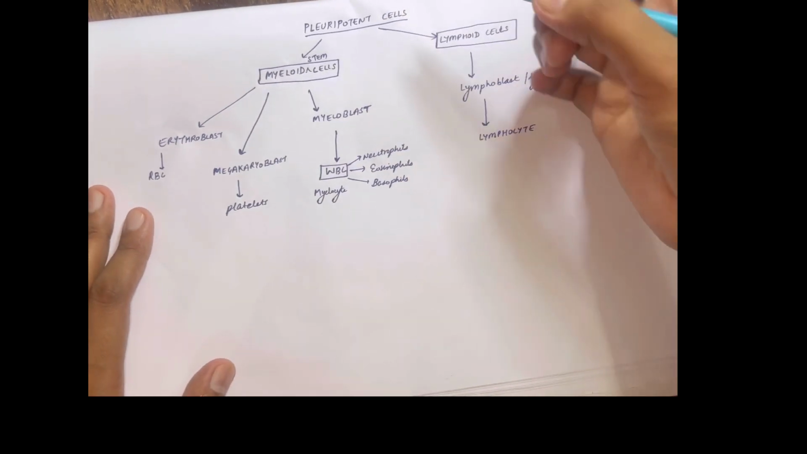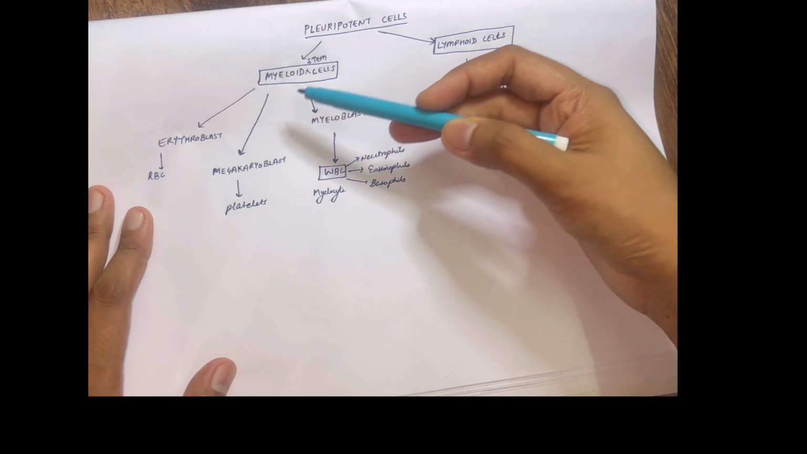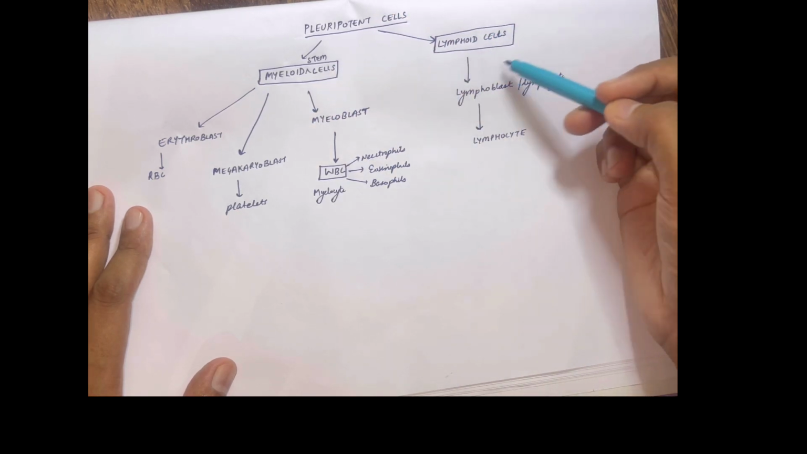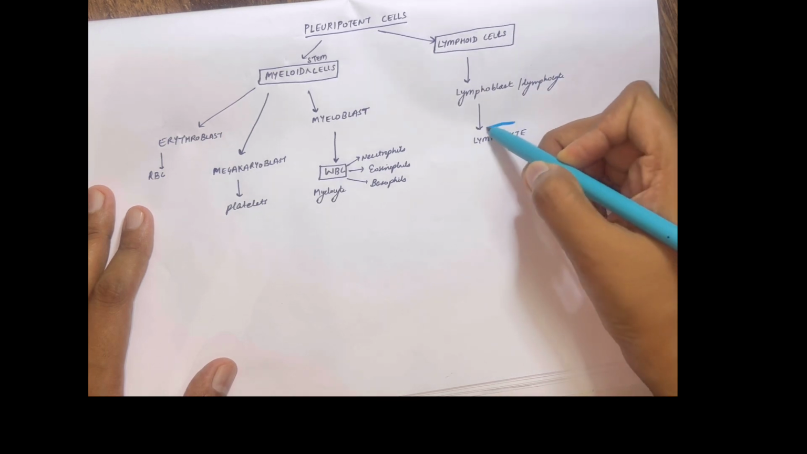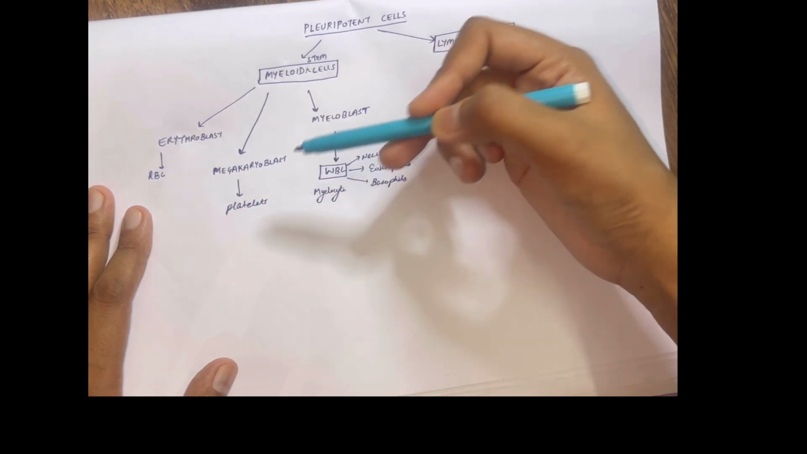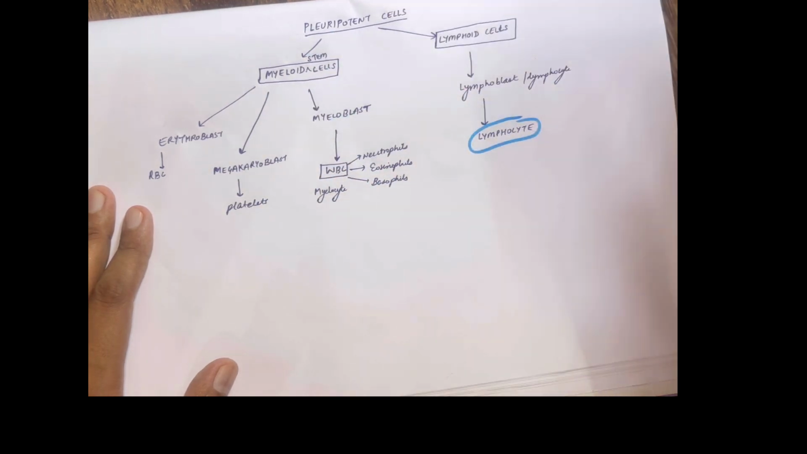So basically, one pluripotent cell will be there that will lead to myeloid stem cells and lymphoid stem cells. Fine. Lymphoid stem cells will lead to lymphoblasts. Myeloid stem cells lead to RBCs, platelets, WBC. So many cells will be there. Fine. So as I told you,